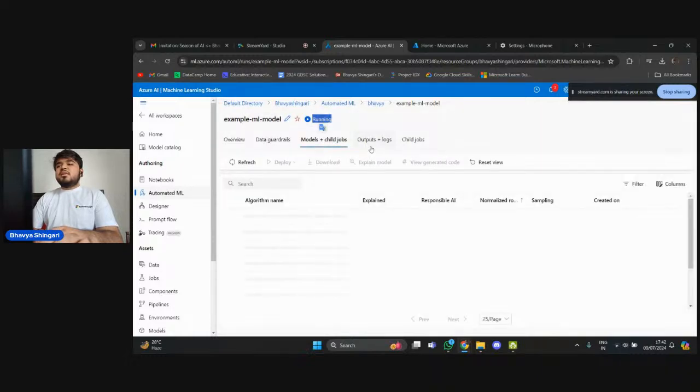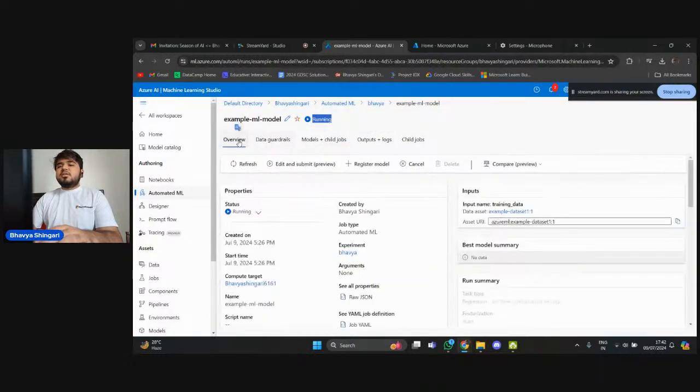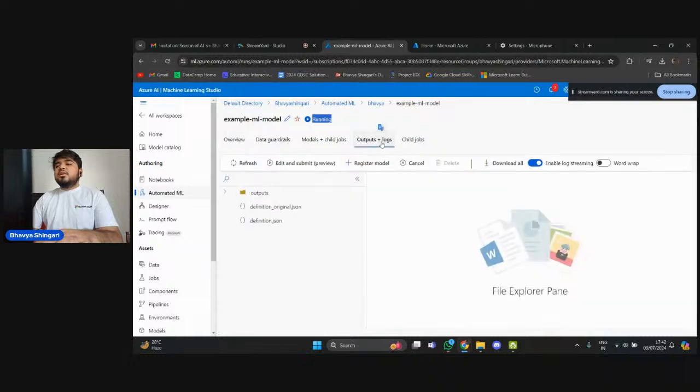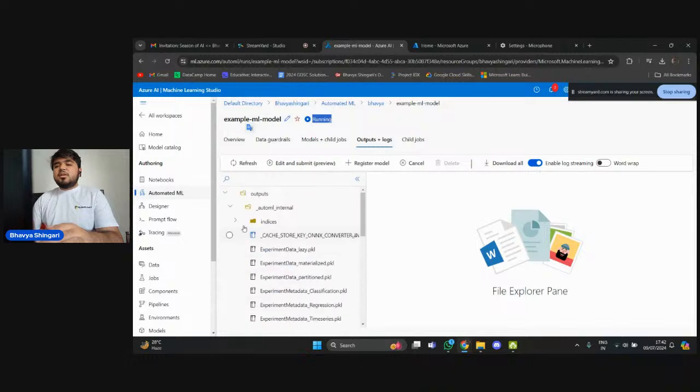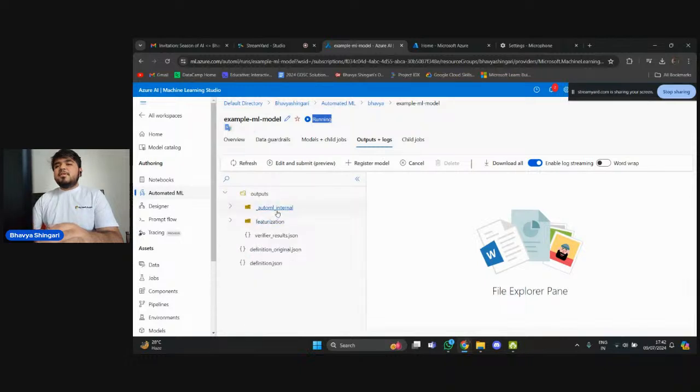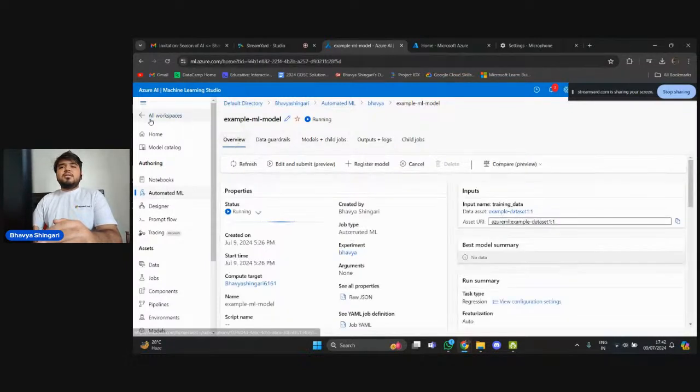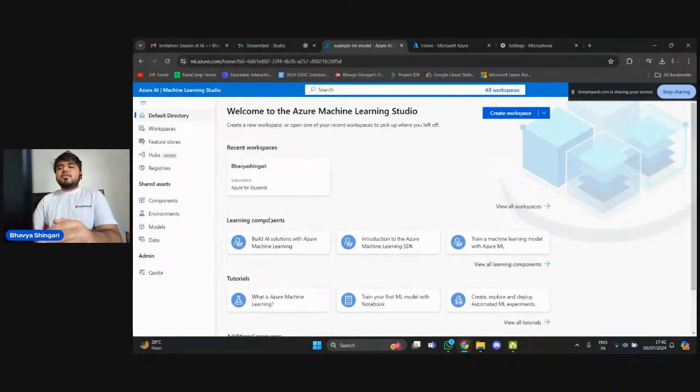As I said, it's going to take a lot of time since it's going to test all the algorithms. Here you can see outputs. Here you can see a lot of files. Once it's completed, it will be visible. But since it's running, it's not yet visible. So once I go out of my workspace,